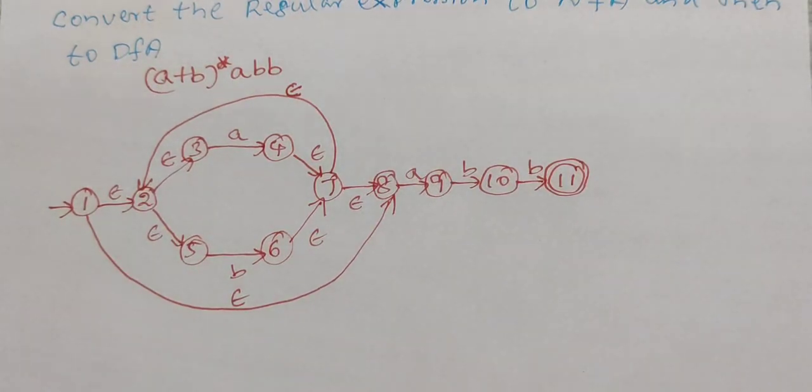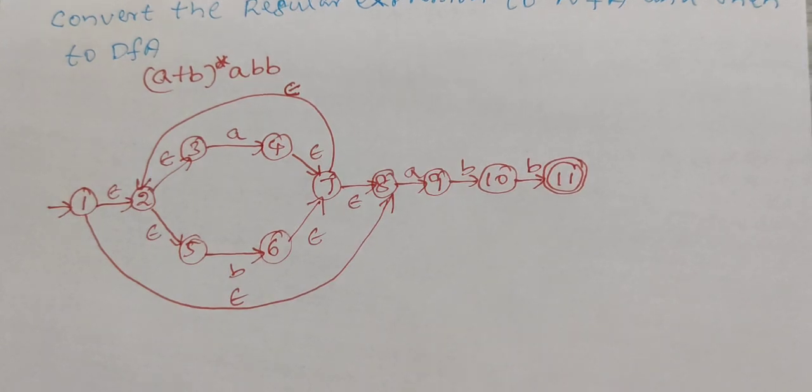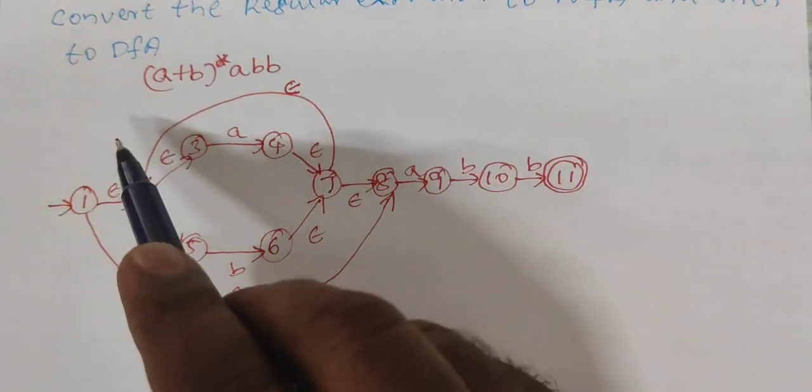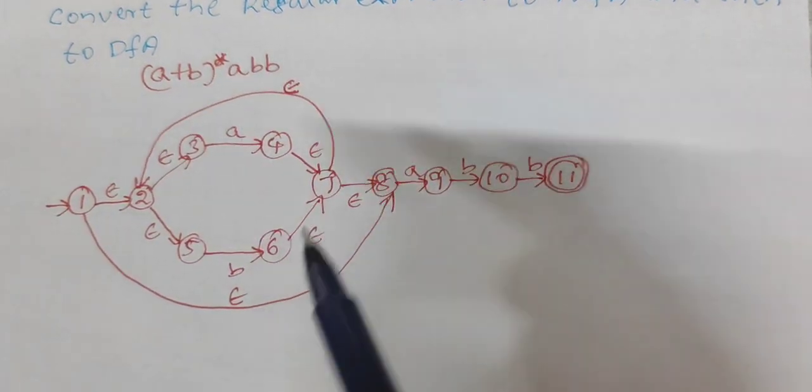In today's video lecture, we will be learning about the way of converting an NFA with epsilon to DFA problem. Here a question has been given in the form of regular expression (a+b)*abb. That has to be converted to an NFA with epsilon, and then subsequently it has to be converted to DFA. Now when we try to convert this (a+b)*abb as an NFA,